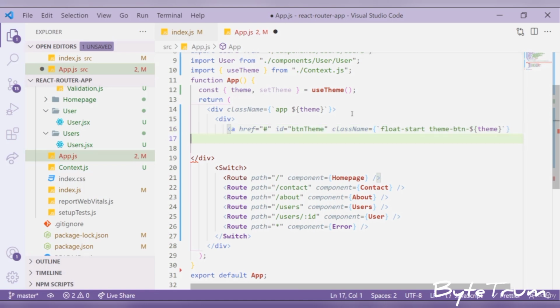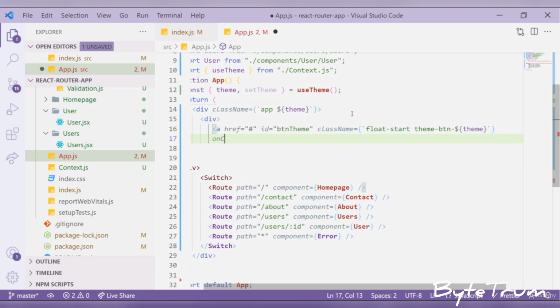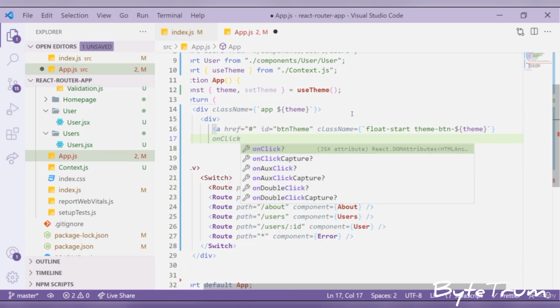Now on every click, that means whenever someone clicks on this, now you might have guessed what this is. This is the theme changing button. So whenever someone clicks on this, you want to set the theme and toggle between the light and the dark theme. So on click,